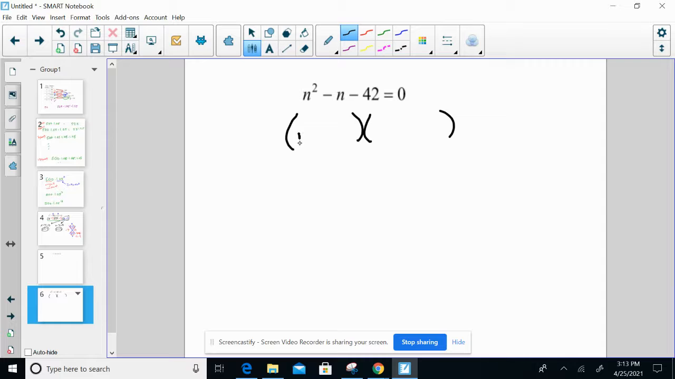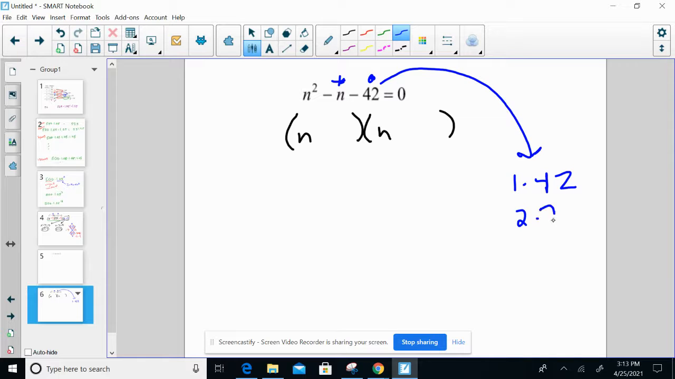All right? n squared, n times n. So it's going to add to -1 and multiply to -42. So I'm going to bring that -42 over. And for now, let's just think of factors of 42. 1 times 42, 2 times 21, 3 times,